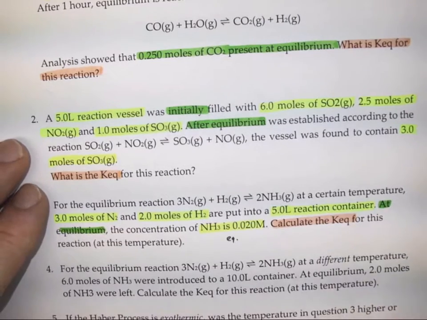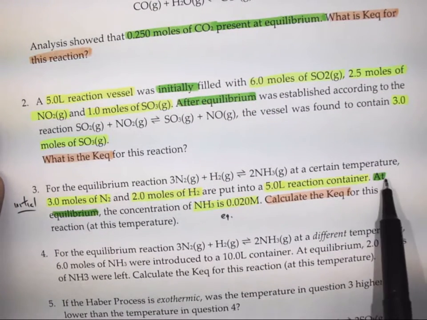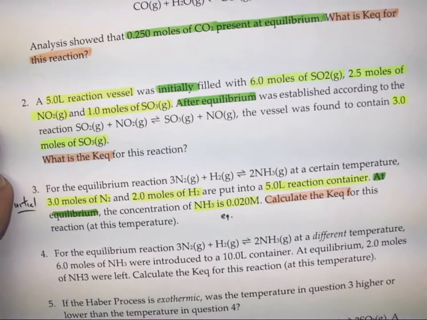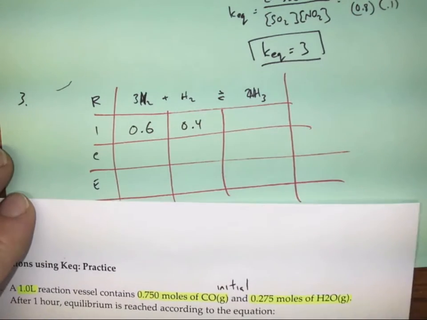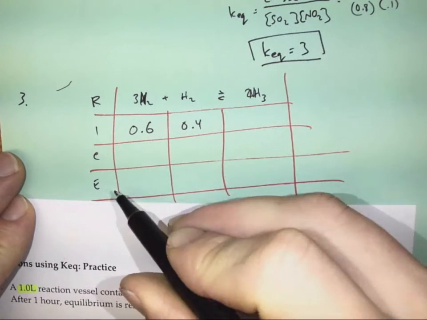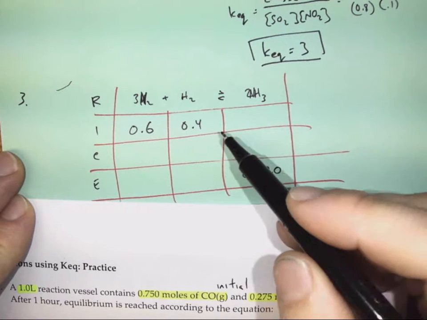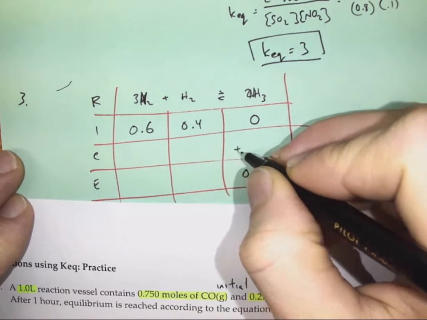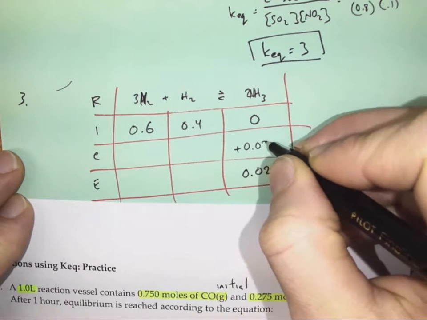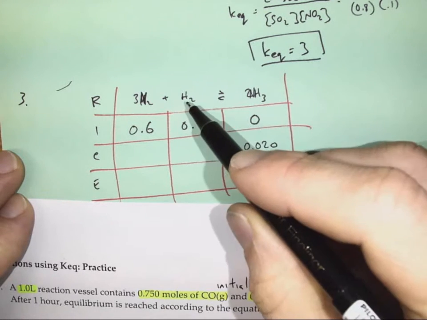And do I know anything about ammonia? I got ammonia here, but then it looks like that's at equilibrium. Okay, maybe I'll throw that in though. And ammonia I know is 0.02 at equilibrium. That's this guy here. So at equilibrium, 0.020 moles. All right, and we can assume that there was no ammonia to begin with. And that makes our work pretty easy here. We can see that we're probably going to be adding 0.020 moles, which means we must be consuming,